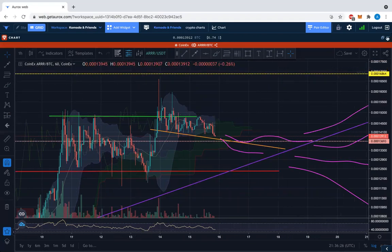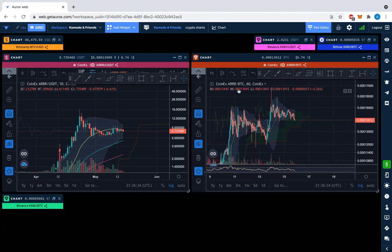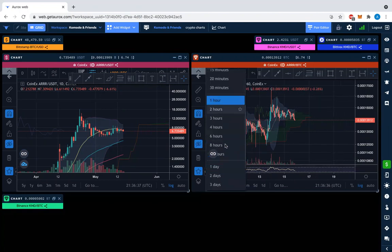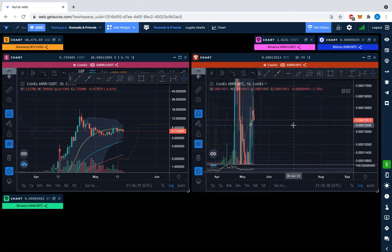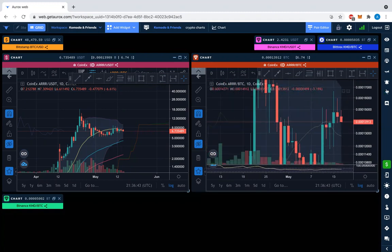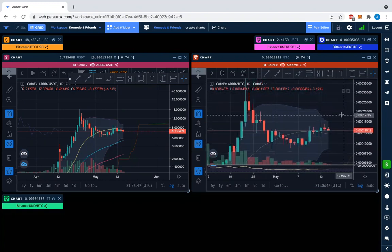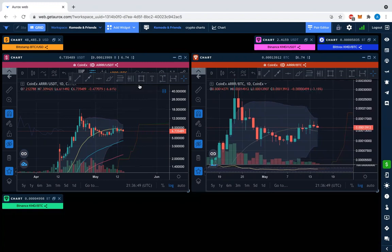All right, now we're moving on to the R-USDT chart. So we're kind of clear on the BTC chart. We're going to hide the drawings and go to the 1 day. We're going to then see if, oh yeah, the line charts, right? You know what? The line chart might be a bit much before we check the dollar chart. So let's just